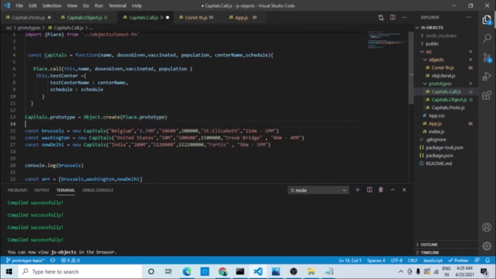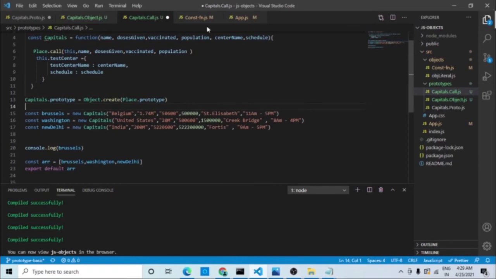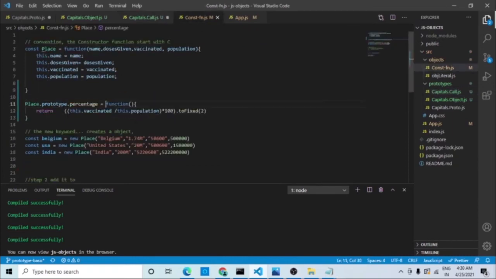This way, place.prototype, in our case, actually has a property called percentage. Think of it as an object, think of it as a balloon again. When JavaScript does Object.create, it will pick up all the properties, all the variables defined on the prototype and assign them to the prototype of the